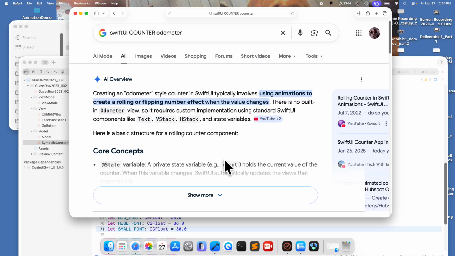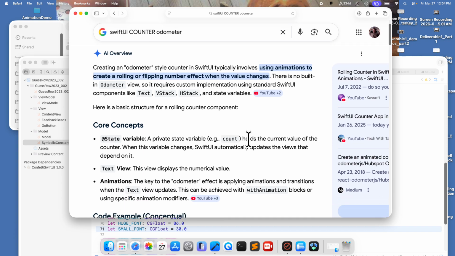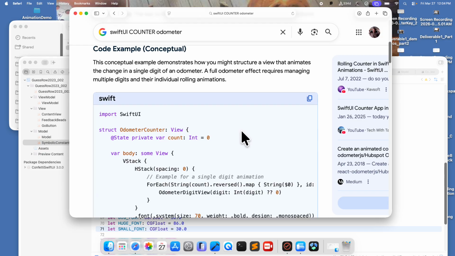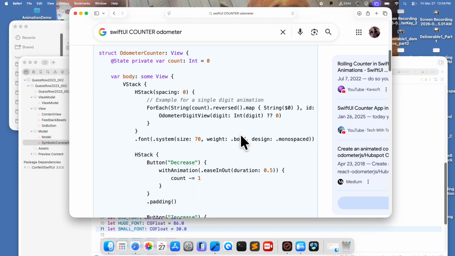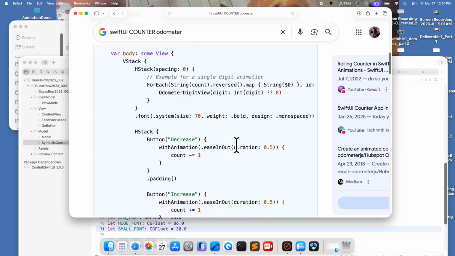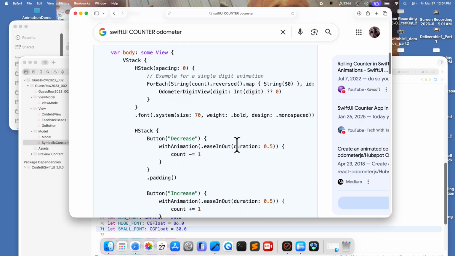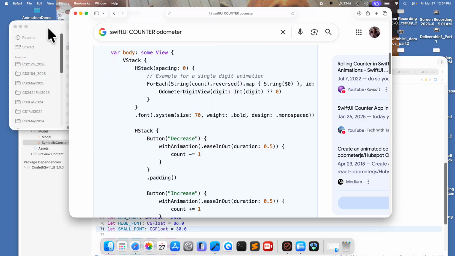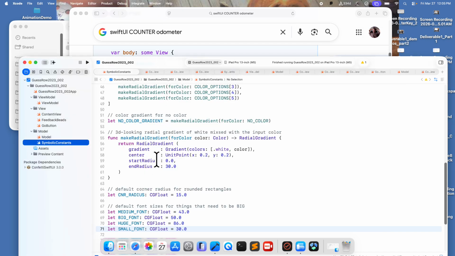We're about to stop this wild goose chase here. Using animations to flip, and I thought that looked all cool and everything, except it's not built in. That was my takeaway from this. The conceptual code example and so forth. The bottom line, if you decide, well, that would be cool to have an odometer style counter or high score or whatever, it can be done, but you might have to download third-party software. That's the wall that I ran into, and I decided it wasn't worth the trouble, so I backed out, and I'm not going to do a counter that way. I'll just let it display as a number. In other words, I gave up. Sometimes the battles are not worth fighting. So, moving on after that,